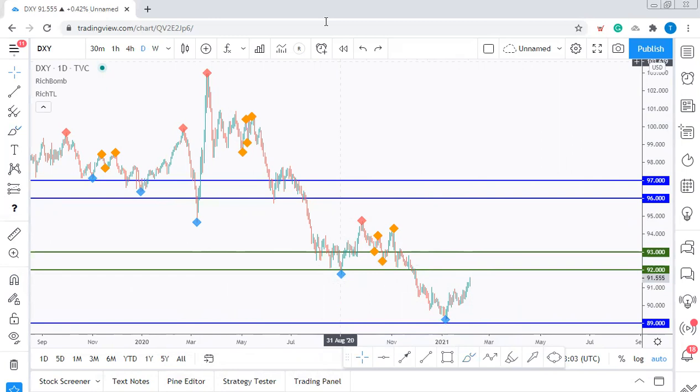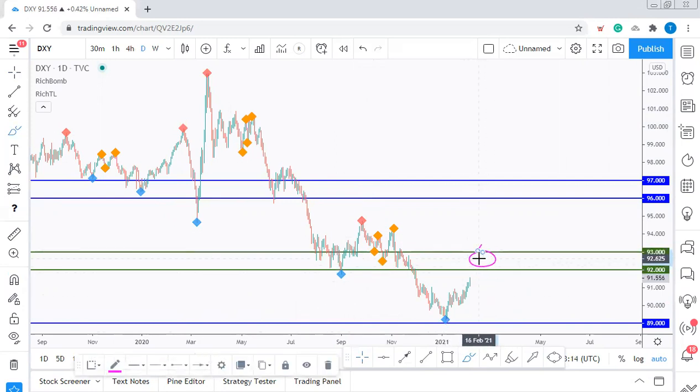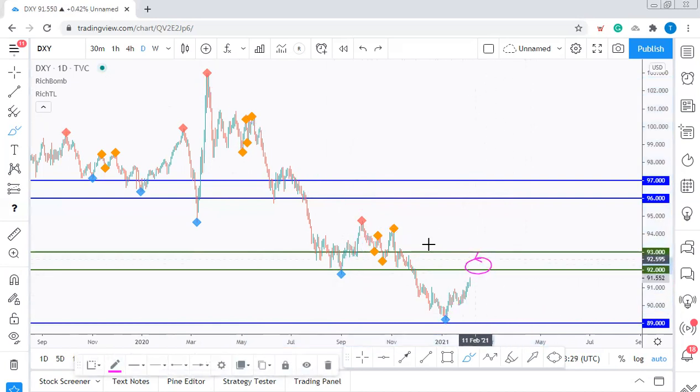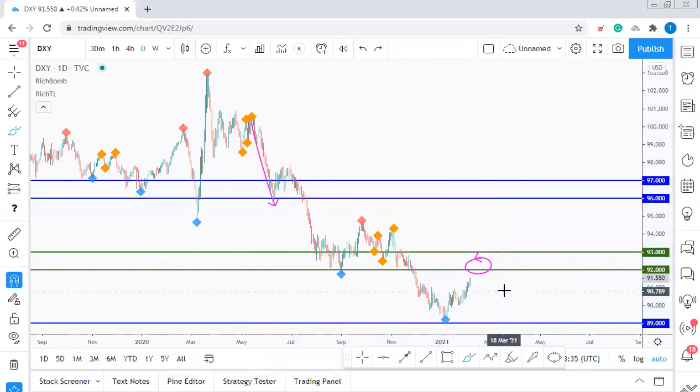So now we are still overall bearish, but since price is approaching a resistance, it would be a good idea to look for sell setups around here. And here we go. We are overall bullish from a short-term perspective since we have a corrective, right? But we are still bearish from a long-term perspective, and we would be looking for trend following sell setups like here, here, and here around this area, unless